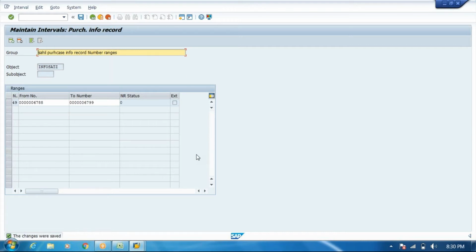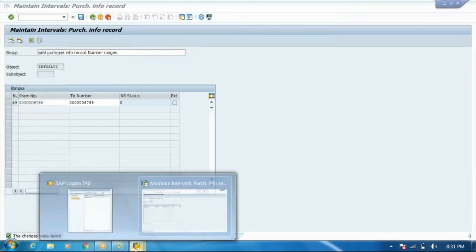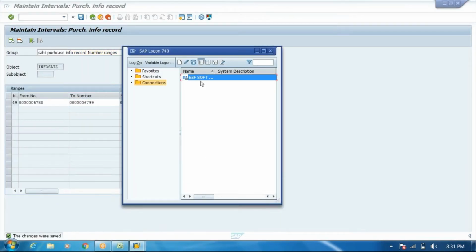When you forward it, the basis consultant sends a mail to everyone: Hi guys, all transport request numbers are moved from development to quality server, kindly check. You need to check one more time. You open the SAP logon. In this place you have only one icon. In a project place you have three icons: ESS of development, ESS of quality, ESS of production. You can click the quality server icon, enter the quality server user ID and password, then check the configuration.